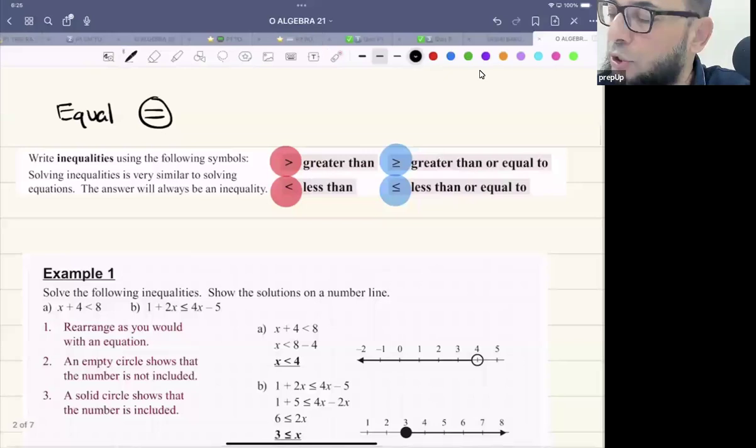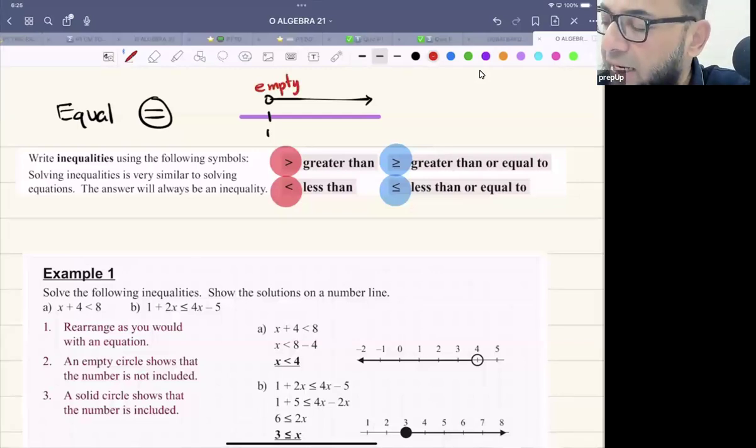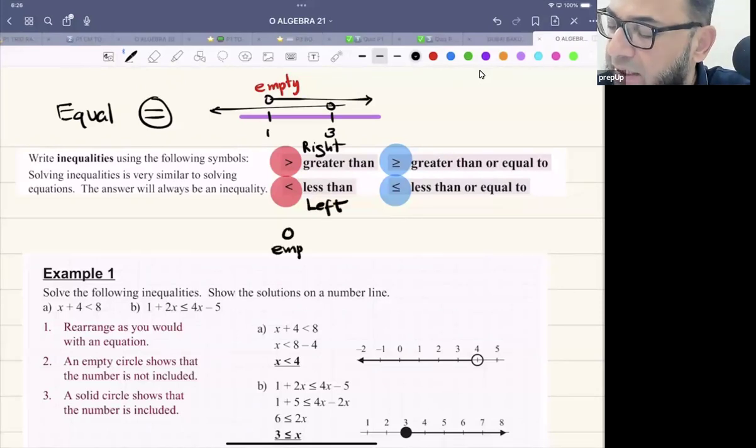Now, first of all, when we talk about greater than 1, let me draw a number line like this. If I write x is greater than 1 and there is 1 over here, this is an empty circle. So greater or lesser is an empty circle. If I write x is lesser than 3, so this is 3, we will go to the left. So greater is right, lesser is left, and it's denoted by an empty circle because the value